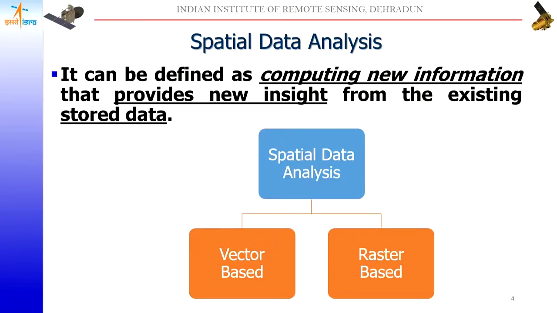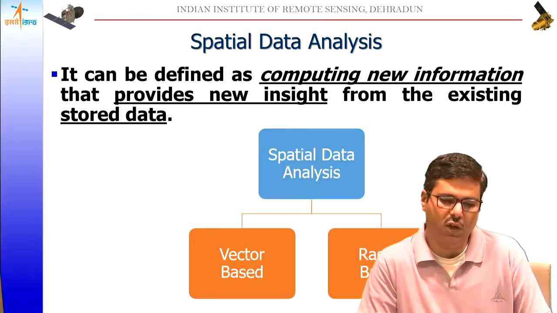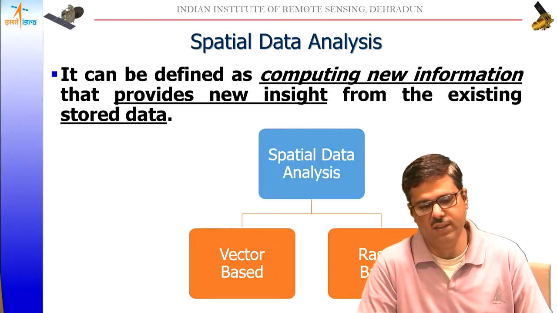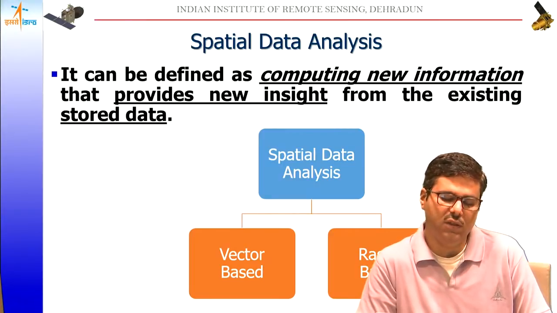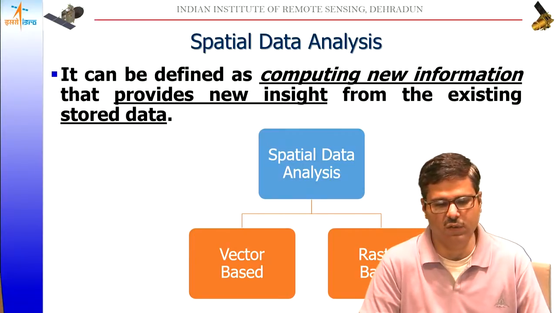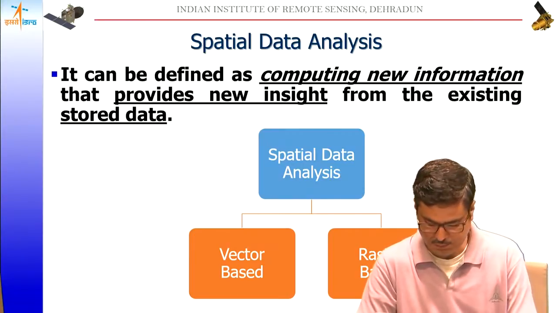For example, if we are given crime events and the ward map of, let's say, a municipality, then we can find out in which ward how many crimes are happening. Or suppose we take IRS as a location and we want to find out what the various ATMs or banks are within a vicinity of 1 kilometer. Then we can draw a buffer taking IRS as a center, and find out how many ATMs or banks are available within the 1 kilometer buffer.